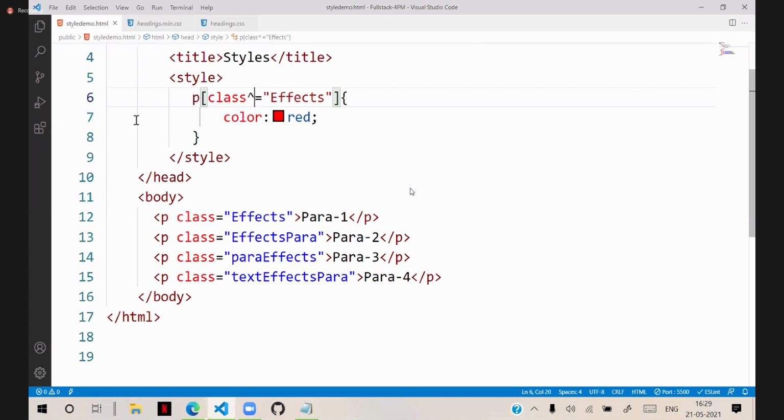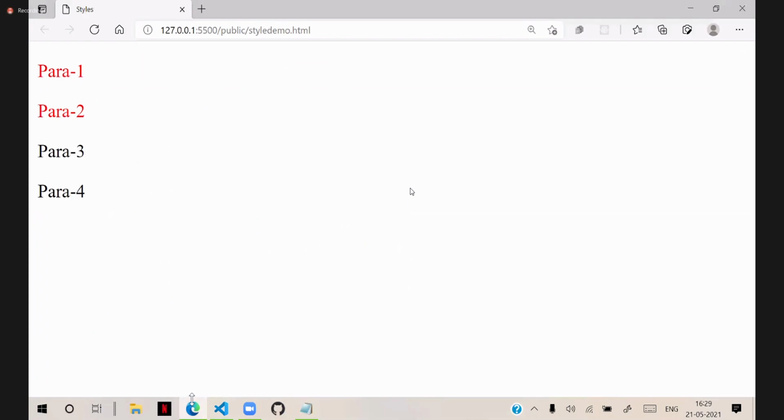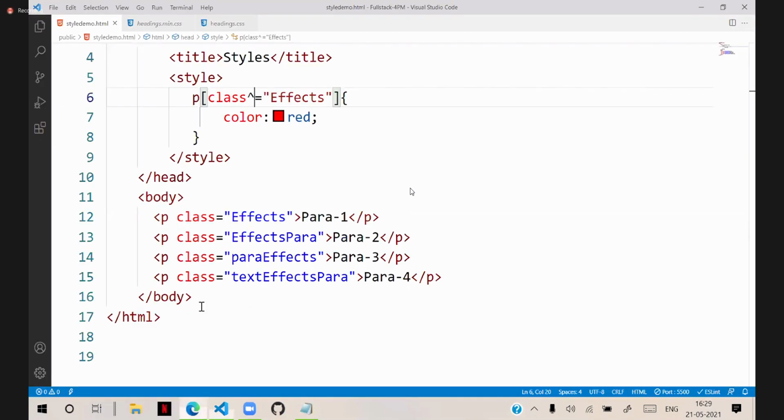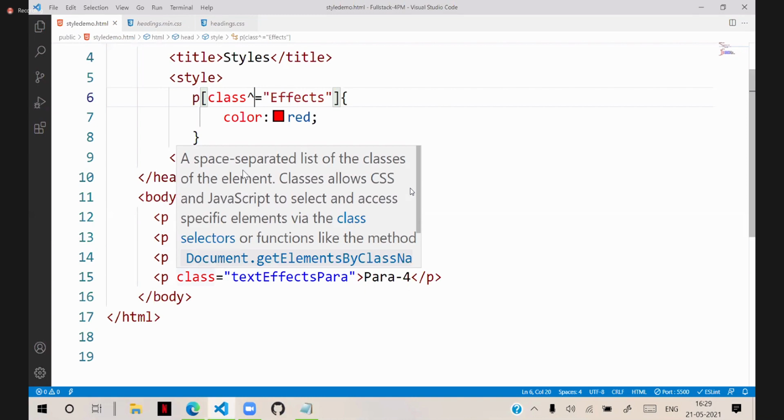Good. It is going to apply for first and second, because it indicates starts with.